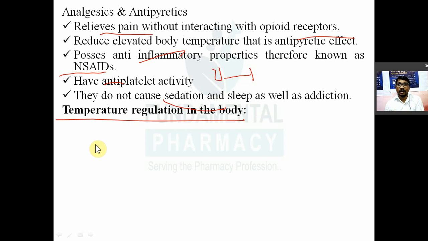For example, cutaneous vasoconstriction will be there. Okay, sweat gland activity will be suppressed. Right. Suppose there is increased body temperature, what will happen? So in case of increased body temperature, your peripheral vasodilation will be there. It will dilate the blood vessels under the peripheral skin. Okay. So what will happen is that the heat will be transferred to the external environment.